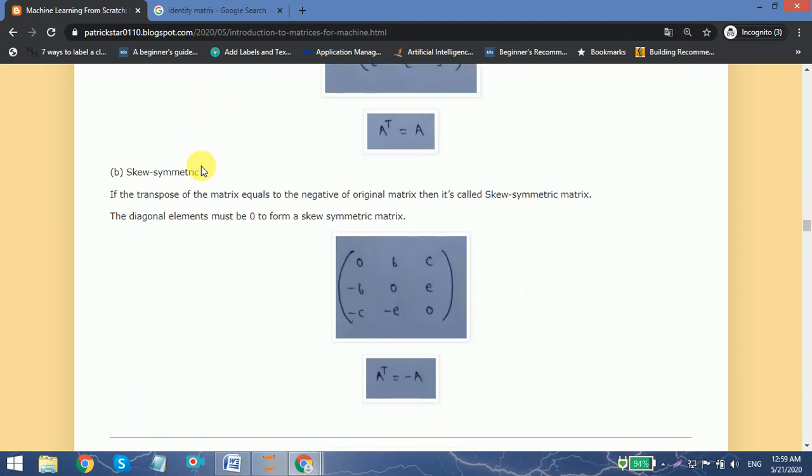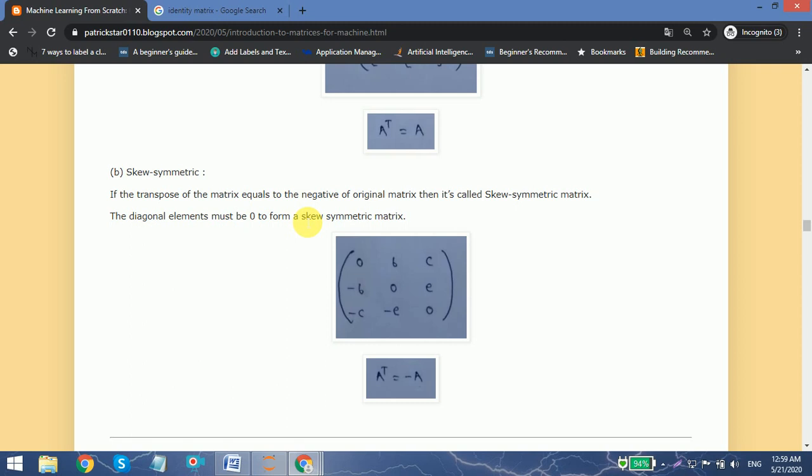And if the transpose of a matrix equals the negative of the original matrix, then it is a skew symmetric matrix. But there is a condition for a skew symmetric matrix: the diagonal elements must be 0 to form a skew symmetric matrix. You cannot form a skew symmetric matrix until you put the diagonal as 0. Okay,